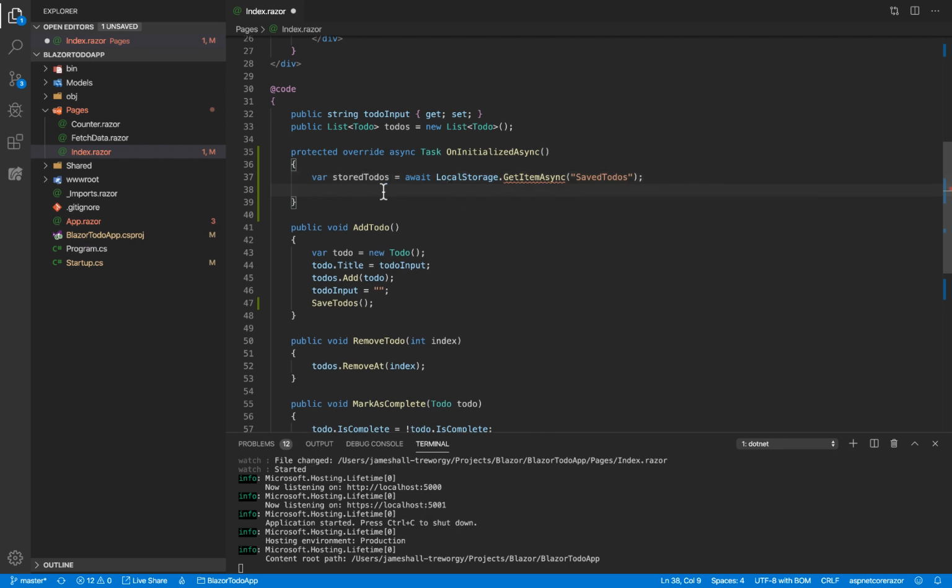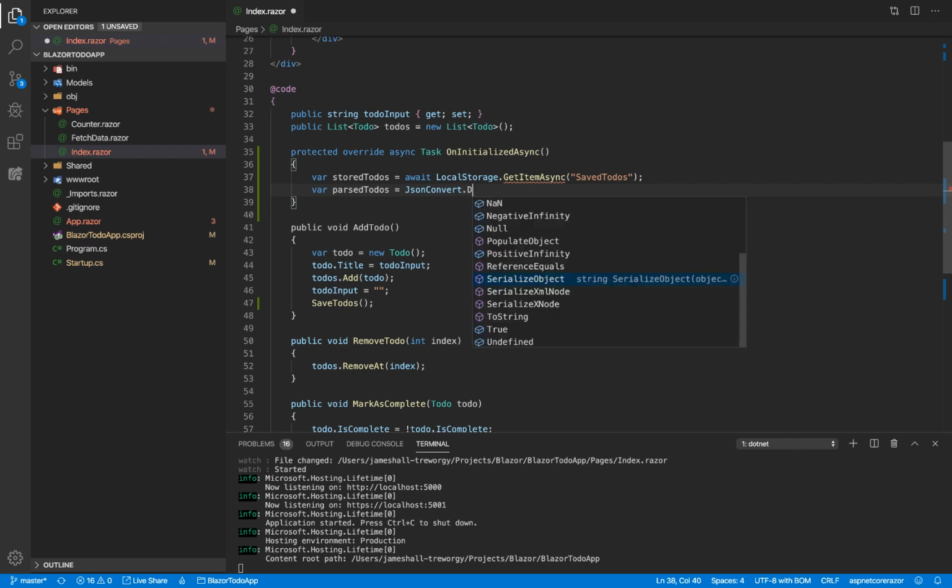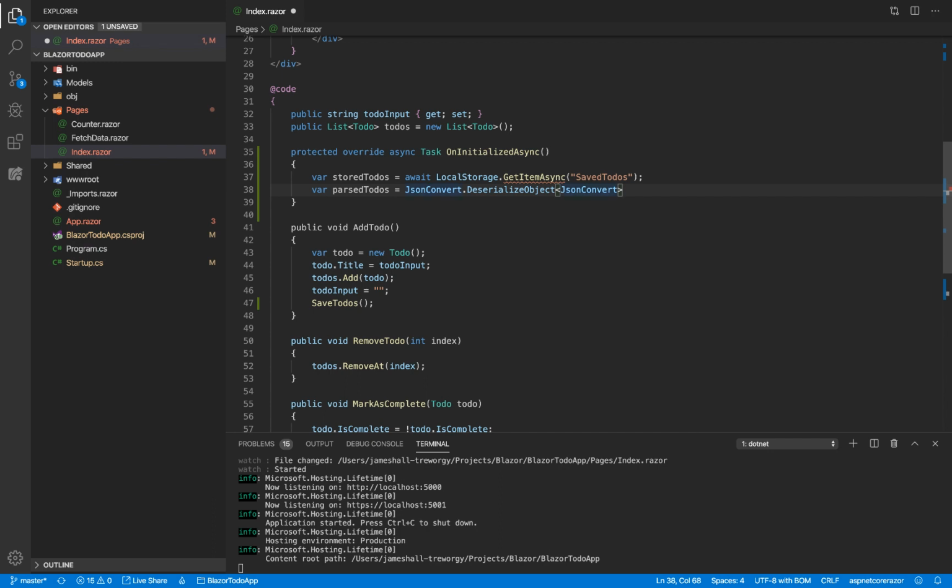And when we get this back, we're going to say, how about parsedToDos, and we'll say JsonConvert.DeserializeObject, and then here we have to tell it, we'll say storedToDos right here in between these brackets. We're going to have to tell it what we want it to deserialize to, or what we hope it will deserialize to. So we're going to say take this string and turn it into a list of to-dos,